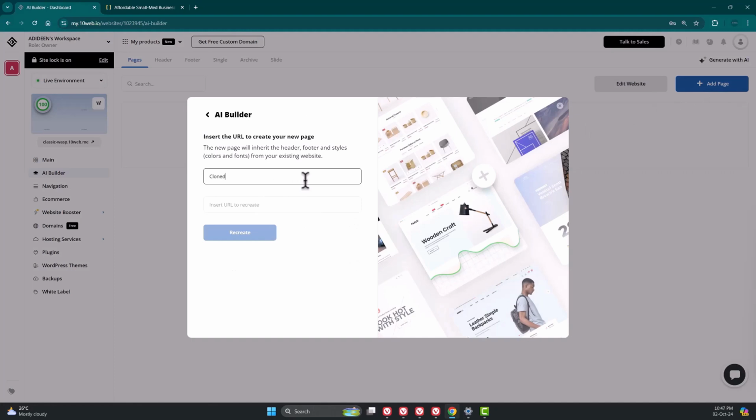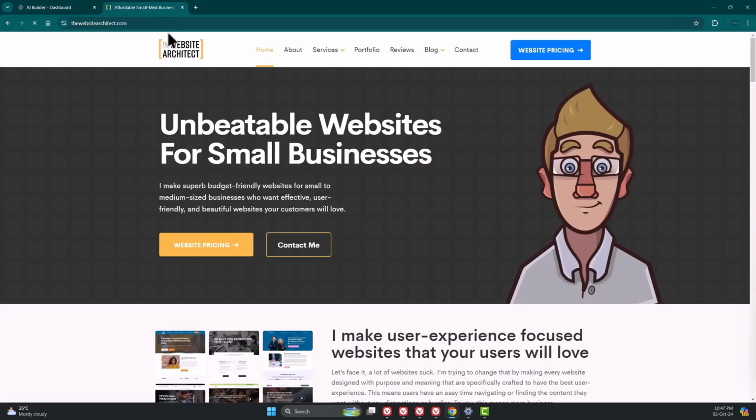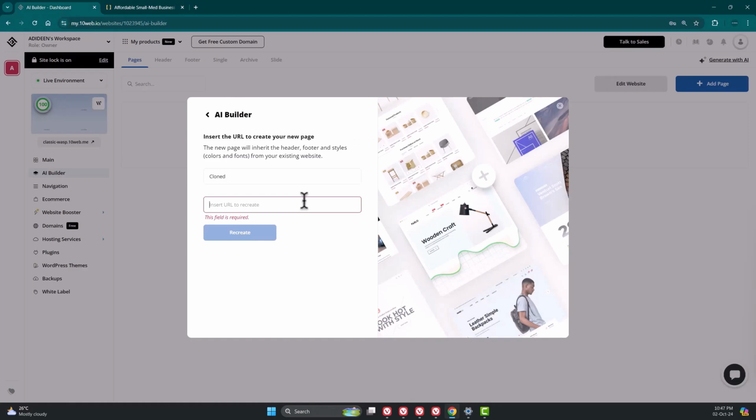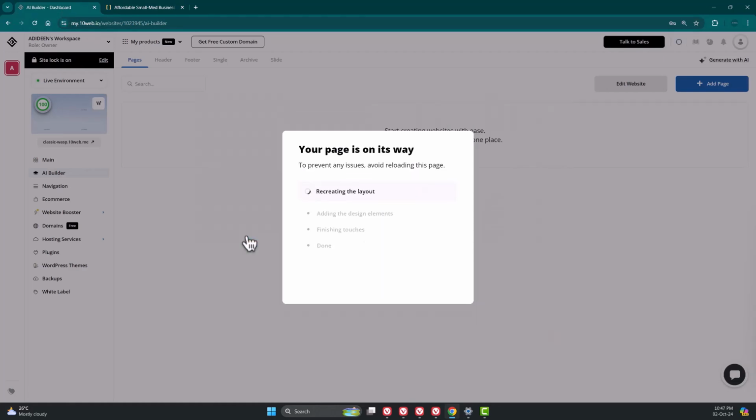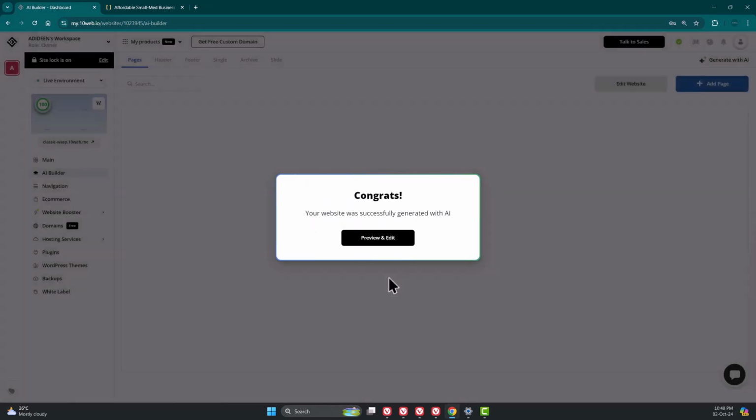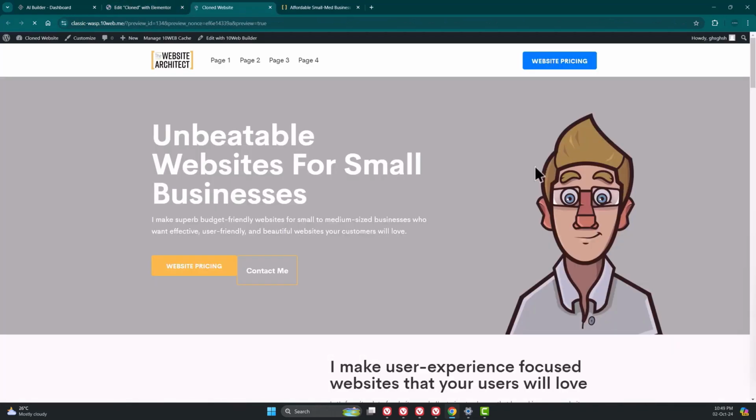Input a title for the page, then go to the website you want to clone to copy the URL. Paste it on this block, and after the check mark appears, click on Recreate. The AI will then get to work and recreate the layout and the design elements. Click to preview and edit the page, and we can click on the eye icon to see how it compares